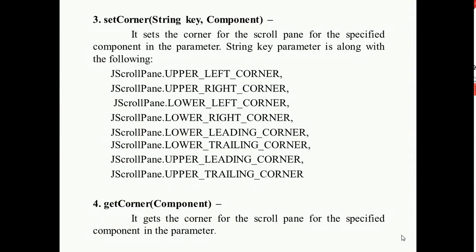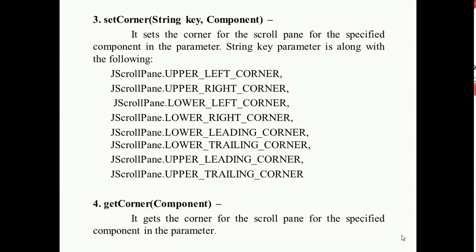The third method is setCorner, having two parameters: a string key and, second, a component. The setCorner method sets the corner of the scroll pane for the specified component in the parameter, and the string key parameter takes the following values. First is JScrollPane.UPPER_LEFT_CORNER, JScrollPane.UPPER_RIGHT_CORNER, JScrollPane.LOWER_LEFT_CORNER, JScrollPane.LOWER_RIGHT_CORNER,